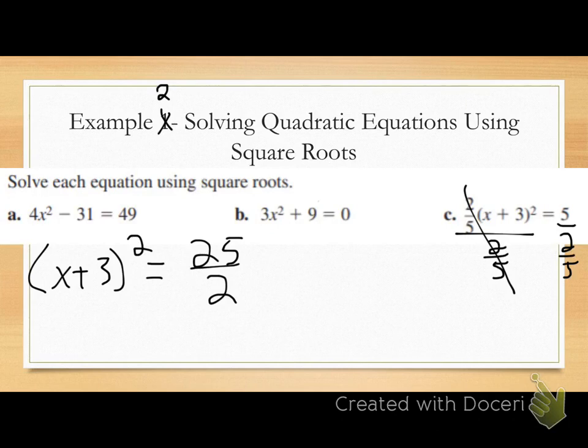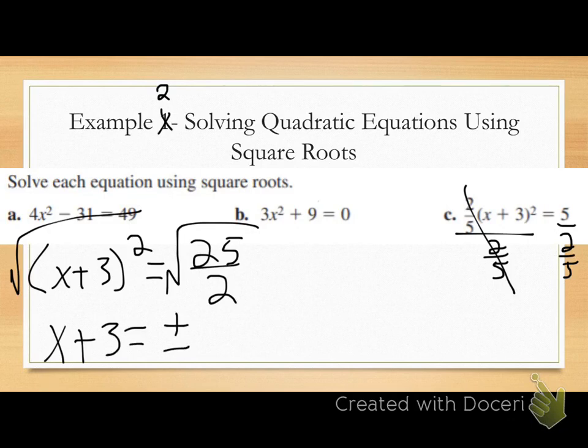What would be my next step? We got (x plus 3) squared equals 25 over 2. I can't distribute the exponent. How do I get rid of an exponent of 2? Square root of both sides, right? So that would get rid of that exponent of 2 with x plus 3, correct? So I'd get x plus 3 equals